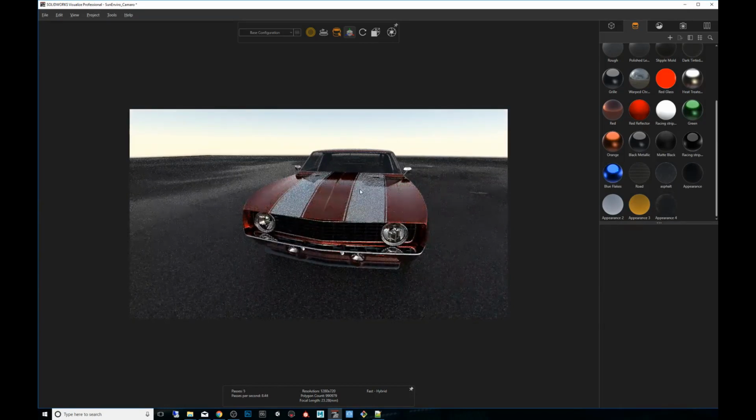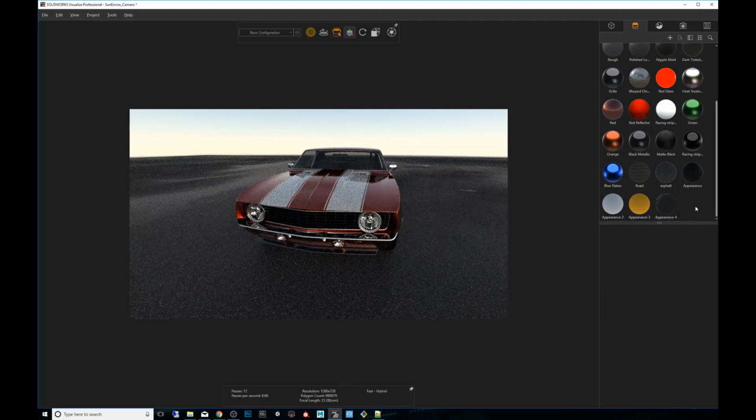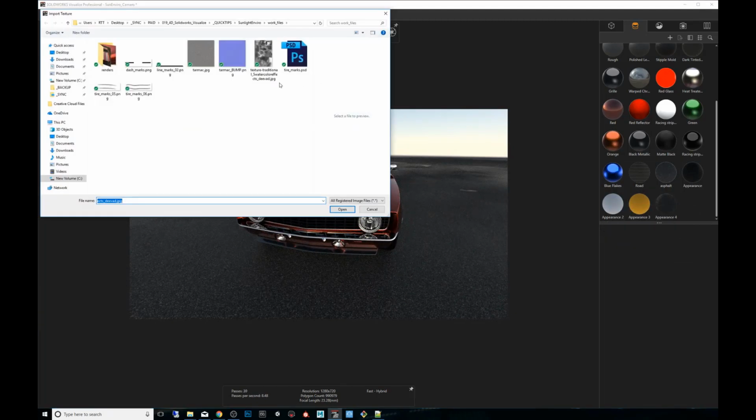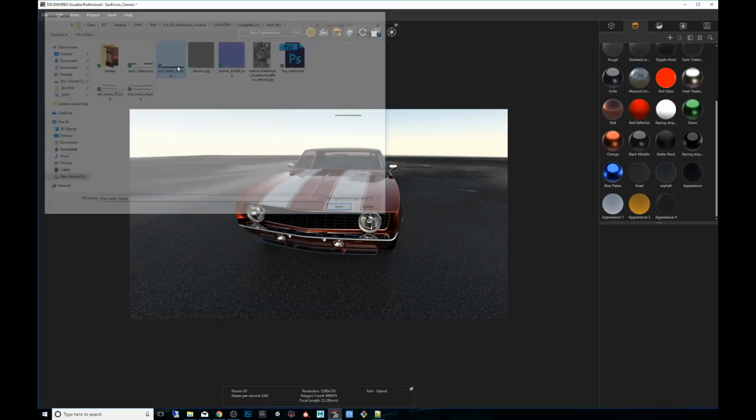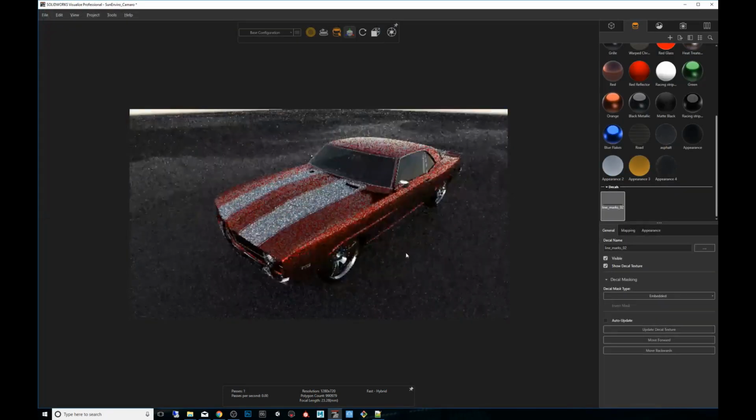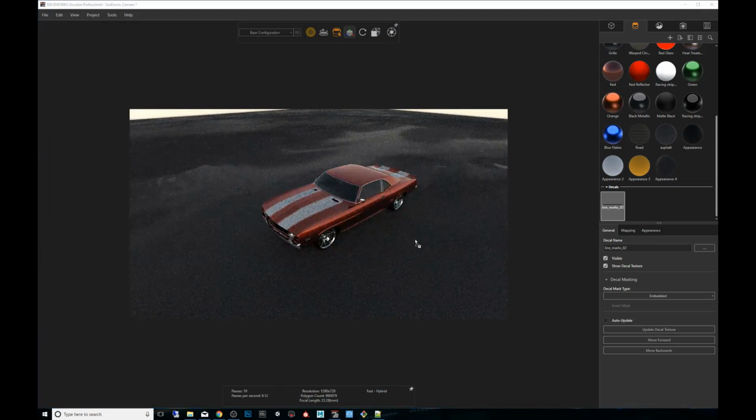So now we have something here that looks like it's just missing some demarcations on the ground. So let's do that. For that, I am going to create a decal. Now these decals I created in Photoshop, they're simple squares. I'm gonna make this line that indicates a yellow no crossing line. I'm gonna drag it,